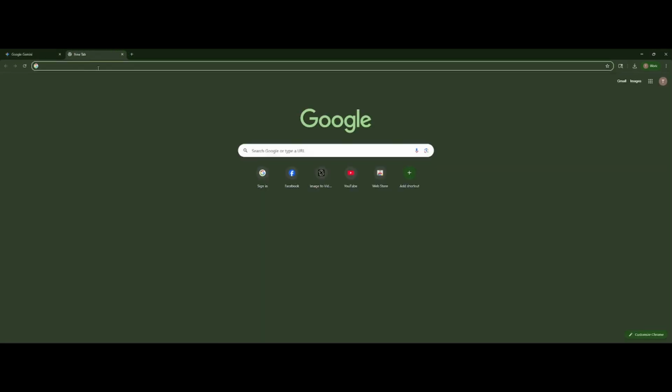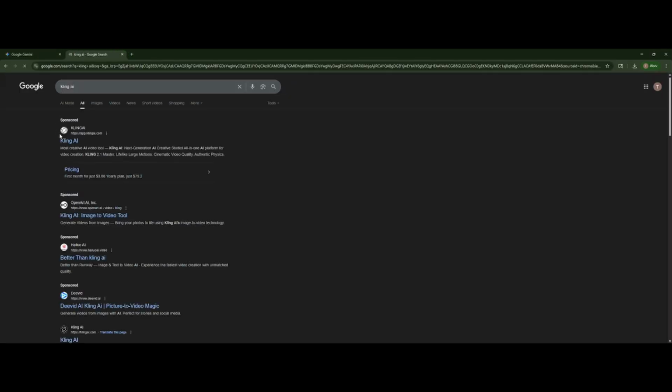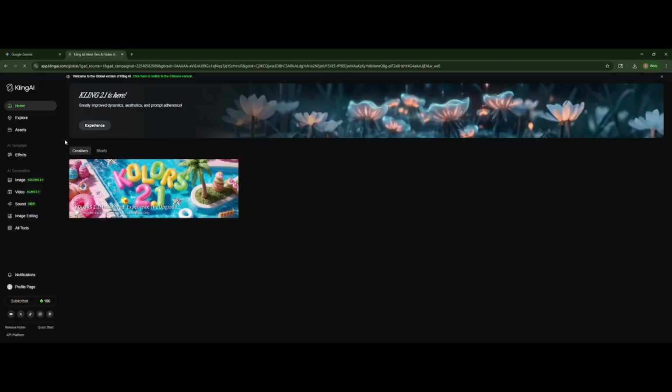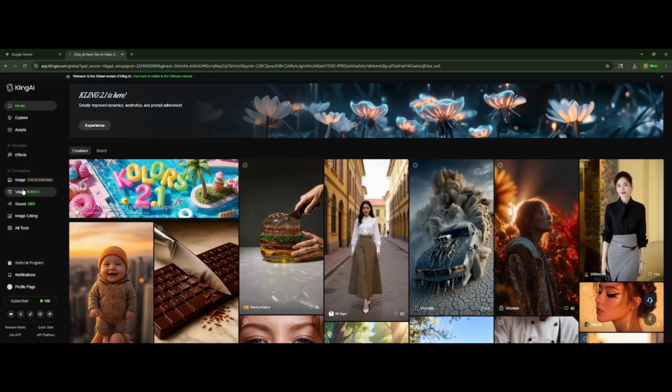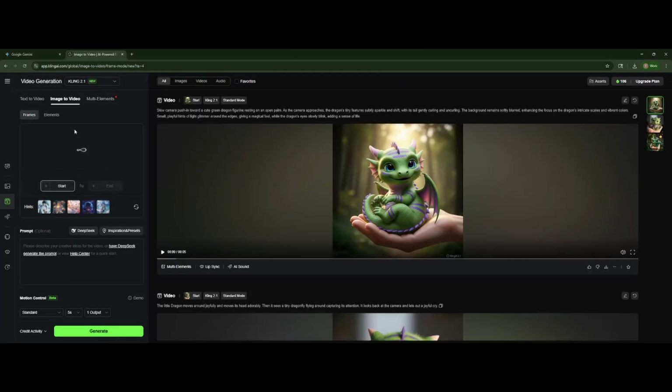Open your browser and go to Kling AI, log in with your email and password. Click on AI videos and choose image to video. Upload the image and add a prompt like, "Slow camera push in toward a cute green dragon figurine resting on